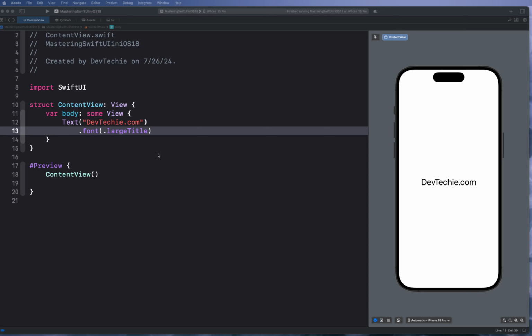So let's go ahead and understand what it takes to integrate Core Image into SwiftUI. Now, as you might know, Core Image is a powerful framework provided by Apple for high performance image processing. It is available on iOS, macOS, watchOS, tvOS, and visionOS. Core Image allows us to apply various built-in image filters and also allows us to create custom filters to manipulate